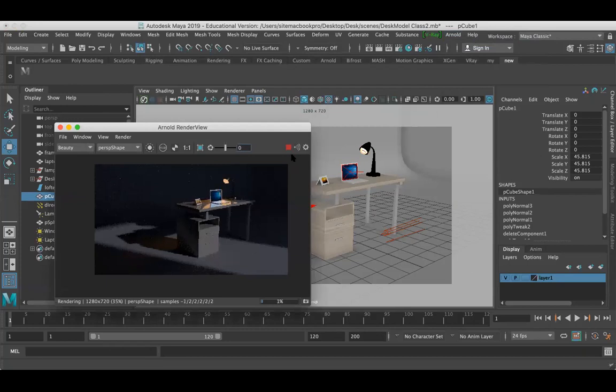If you get some kind of black surface, it is fine. We will repeat these things in the further class. And even now, I didn't assign any material, so it will be a problem. I don't have material to react with the light.